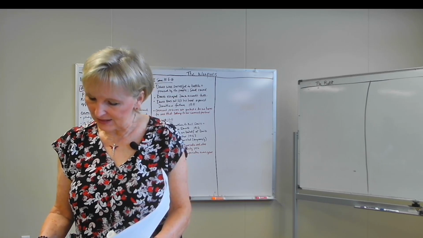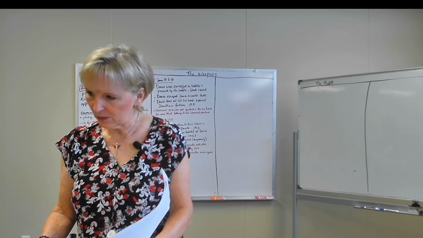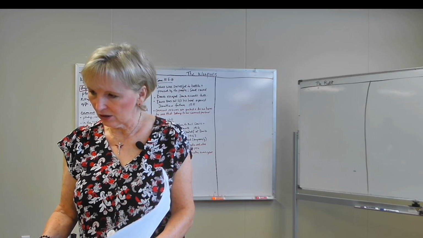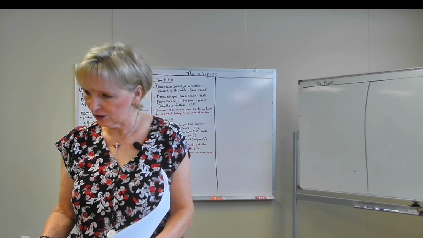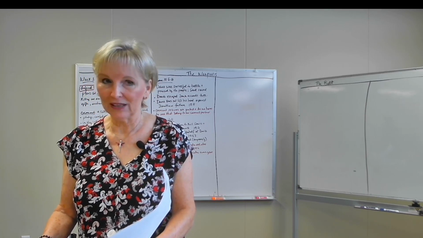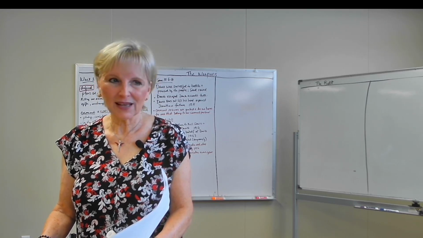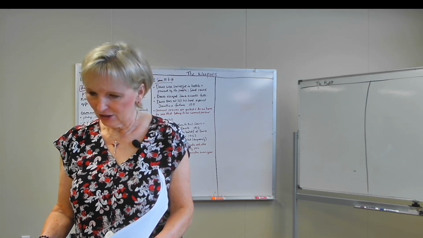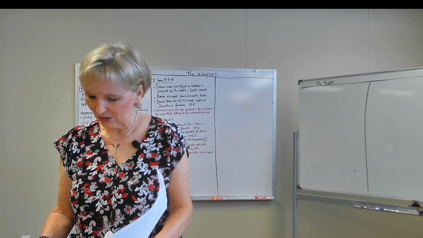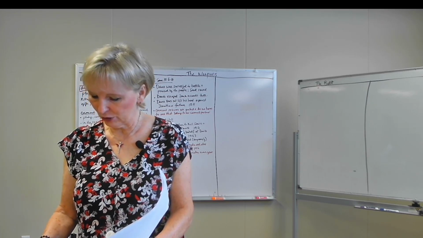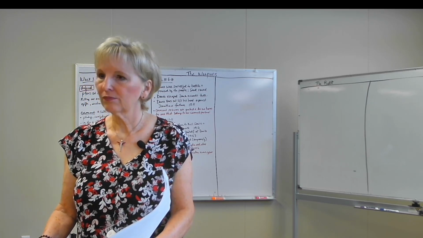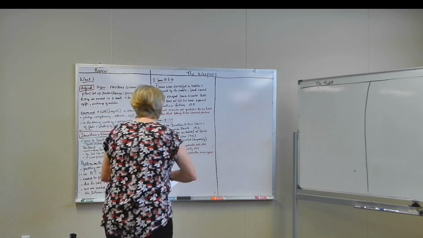All right. So David comes to Jonathan and tells him, your dad's trying to kill me again. Jonathan is like, what? That can't be true. And David said, yes, it is. And so Jonathan says in verse 4, whatever you say, I will do for you.